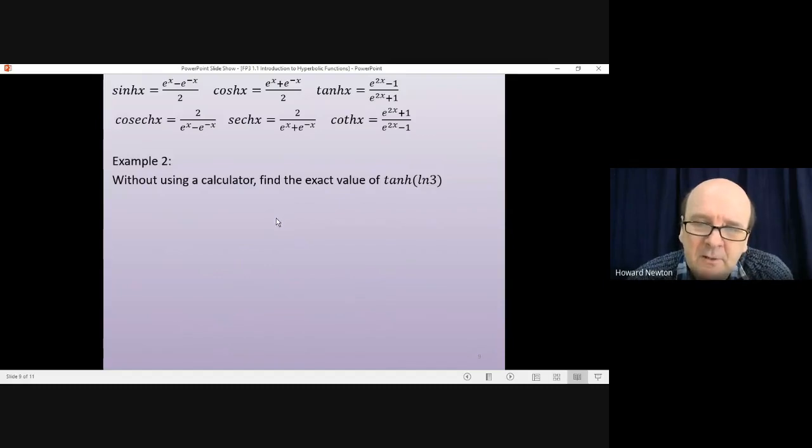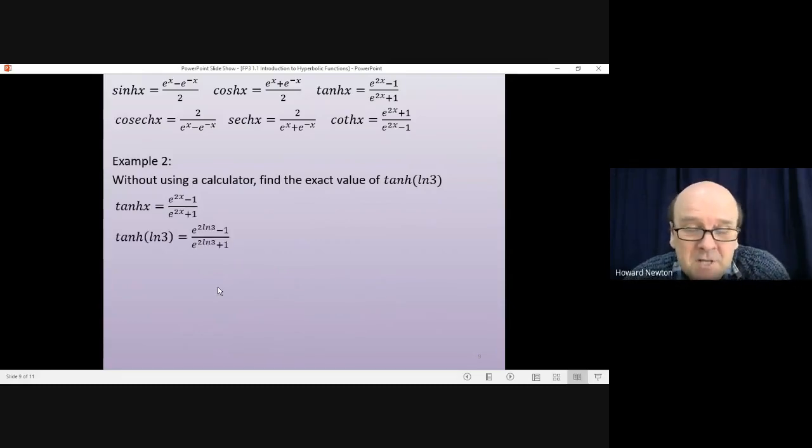Okay, let's have a look. So that's the formula for tan x. Substituting in x equals log 3 is this. Now, there's an important process which we use quite a lot with exponentials and natural logarithms, and it's dealing with